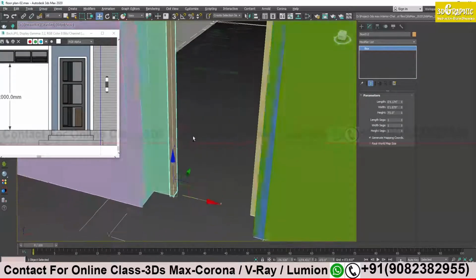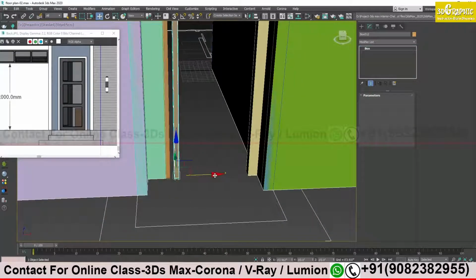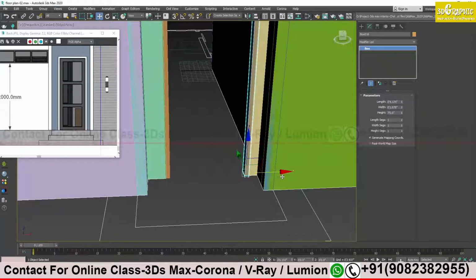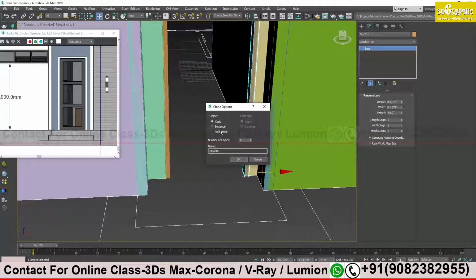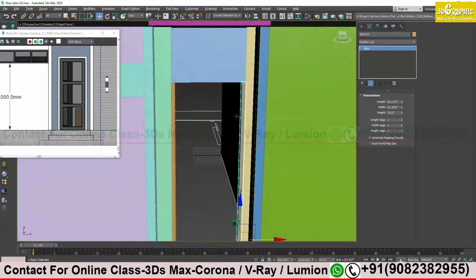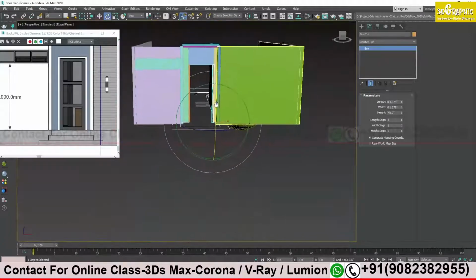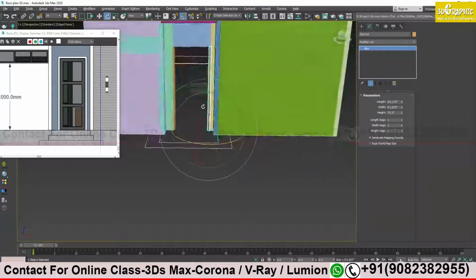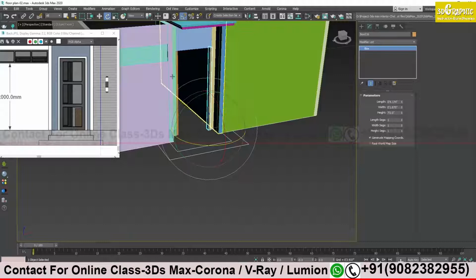Okay, create a copy with the help of the shift key, drag for another corner, make a copy. Okay, done. And for the top one I need one more, so I will click on my rotate tool over here. I will turn on my angle snap and just rotate. See which angle I want. This angle should be rotated, no, the green one. Press the shift key and just rotate it 90 degrees.